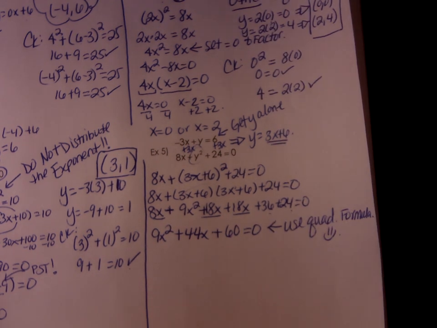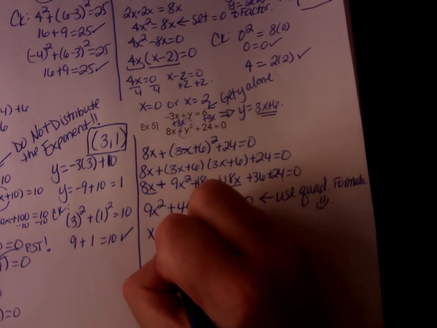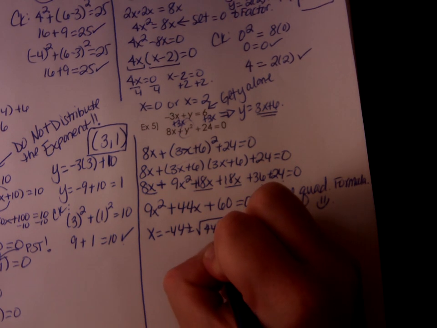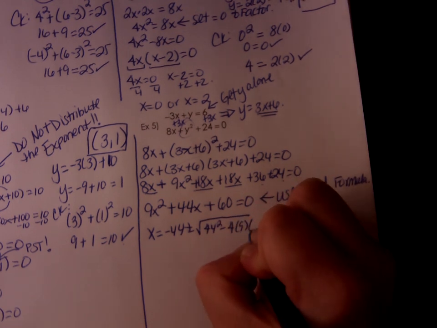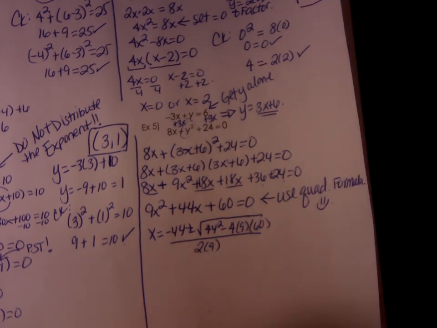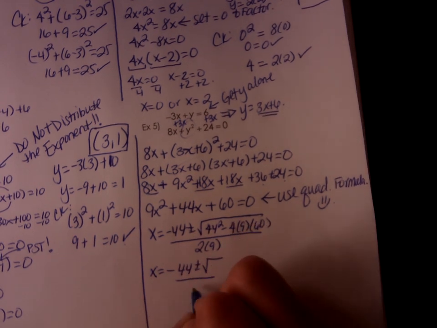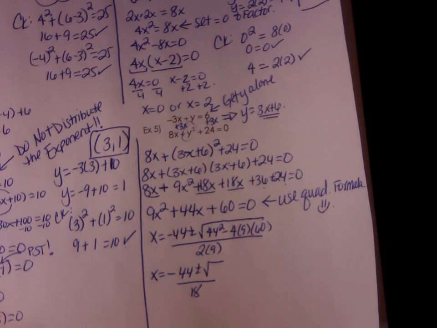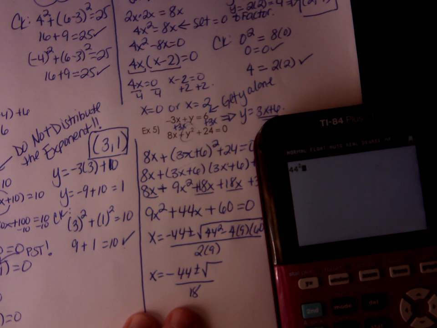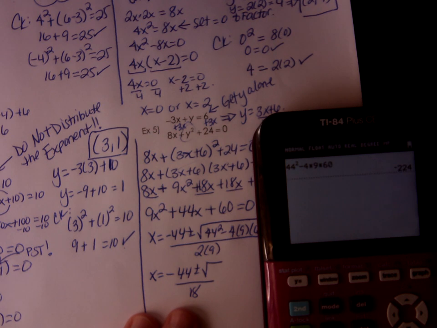So I'm going to write x equals the opposite of b, which is negative 44, plus or minus the square root of b squared, which is 44 squared, minus 4 times 9 times 60. This is all over 2 times 9. So I'm going to write x equals negative 44 plus or minus the square root of something divided by 18. And when I put 44 squared minus 4 times 9 times 60 into my calculator, I end up with negative 224,